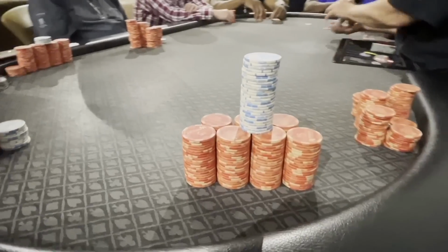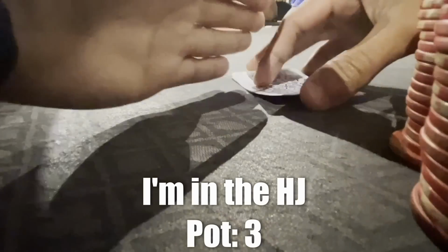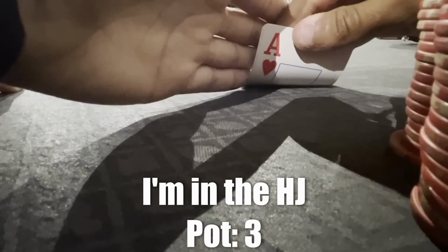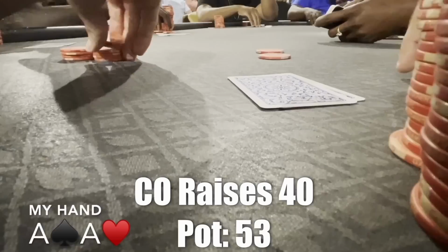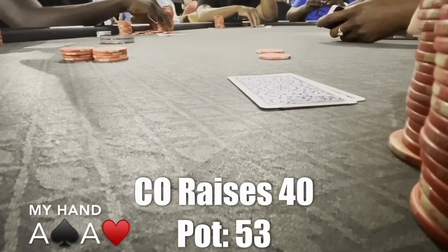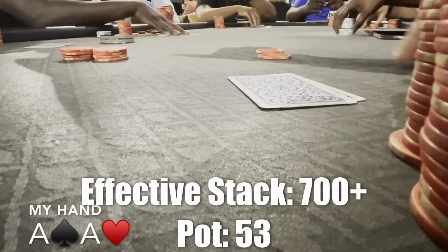The table broke, I went to another one. This table seems to be pretty juicy, winning little more than $100 so far. First hand I'm dealt pocket aces, I'm in the hijack, it falls to me and I raise to 10, cutoff re-raises to $40. We're playing pretty deep, he's got more than 700 behind, everybody else folds, and here I'm